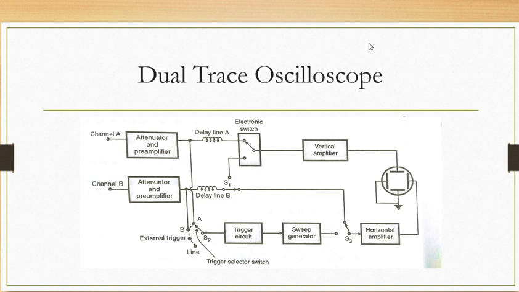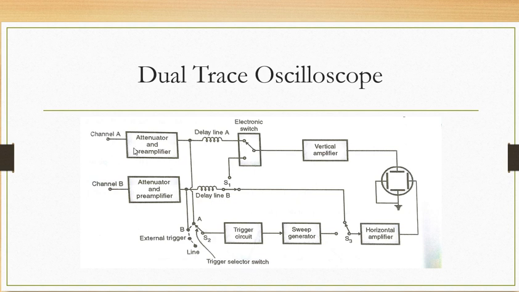For this we have to use two modes. One is called the alternate mode and another is called the chop mode. Okay, so if you see the front panel control, you will get these two buttons, alternate and chop mode. So before discussing that, let's discuss the operation of this dual trace oscilloscope, and let's discuss alternate and chop mode afterwards. Okay, so if you see here in this block diagram, there are two separate vertical input channels.